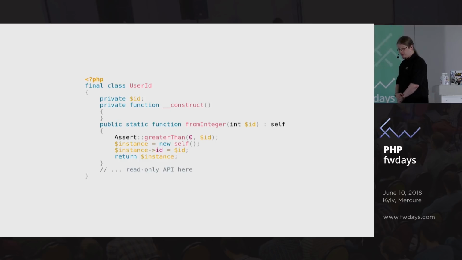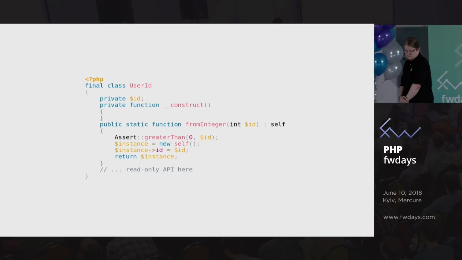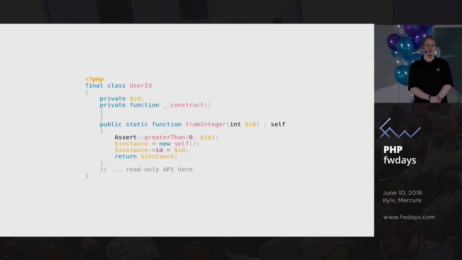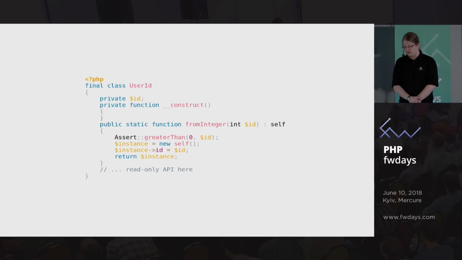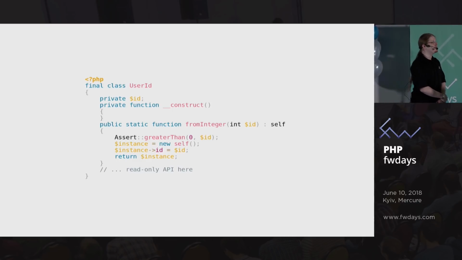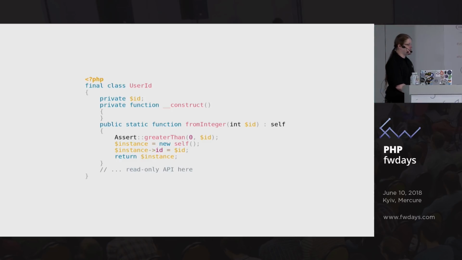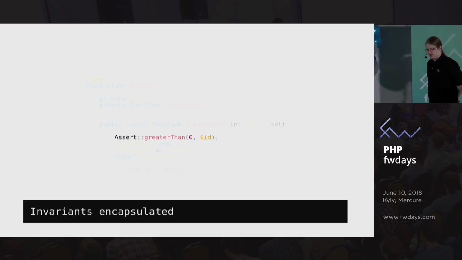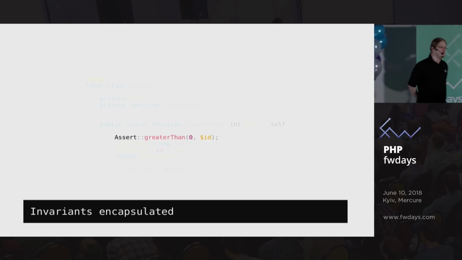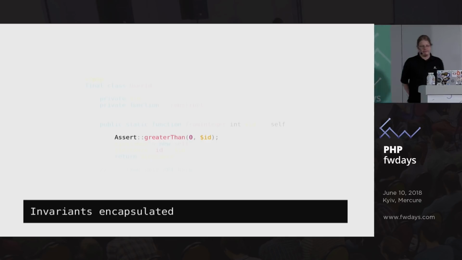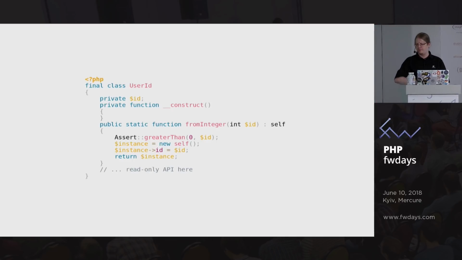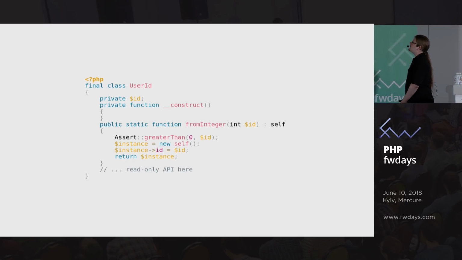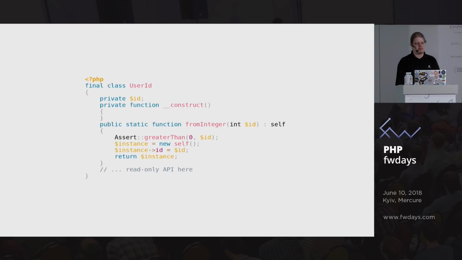So you have something like this. This is a user ID. I use this as a sample a lot because it's a stupid class. It doesn't do much. It's just an object, which brings a lot of memory overhead, but still. You construct it with a number, and then you have some assertion that verifies just that it must be greater than 0, because that's what a user ID is for you, and that's enough. It doesn't need to be more complicated than that. You can push this thing around in your system. You can rely on it,